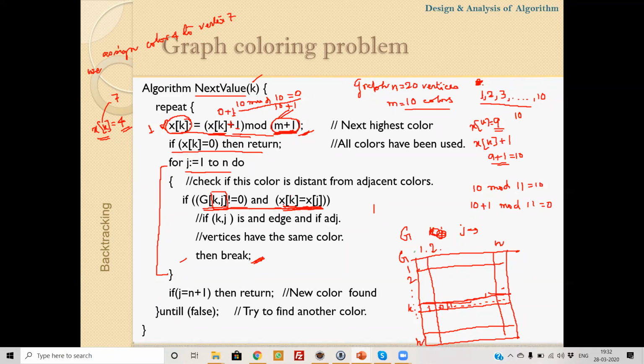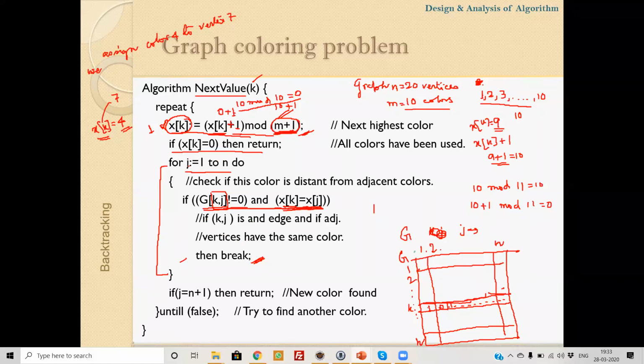So if these two colors are the same, then it will break. If this loop breaks at any point, what will be the value of j? Sorry, the value of this iterator will be less than or equal to n.